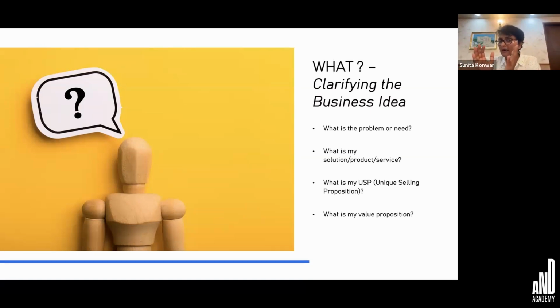How big is this client? How much is the budget that they have? In this budget, what can I do? And believe me, least marketing, because she did that first event so successfully that she was able to get so many more clients by word of mouth. So what problem are you trying to cater to? When I say what problem, it basically means, can I validate this problem that is existing with real people? The second question I'm going to ask myself when proposing a business plan is, what is my solution? What is the product?